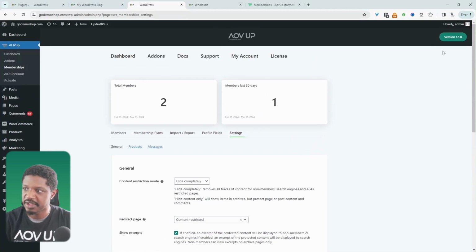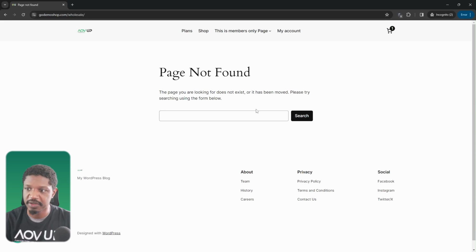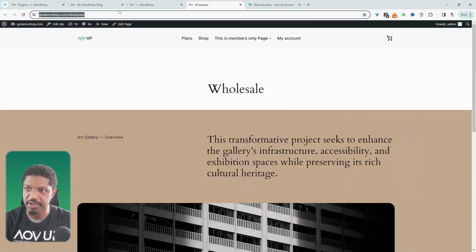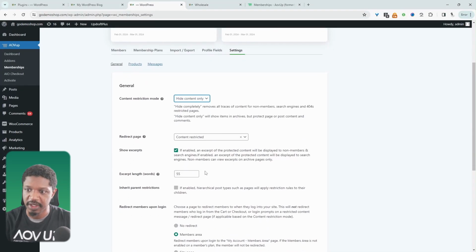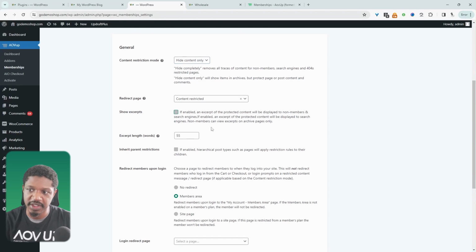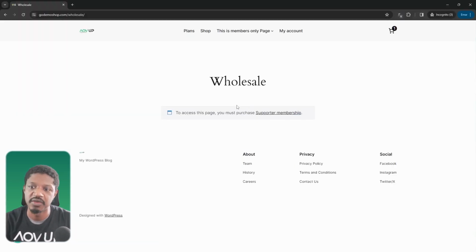So let's just hit save. And here we've just hidden the page completely. So it's totally up to you how you want to set up the restriction access. Okay, so we can set this back to just hide the content only. And we can choose to show the excerpt, or we can just leave it blank, right? Okay, so now there's no excerpt showing, and to access this page, the user just needs to go ahead and